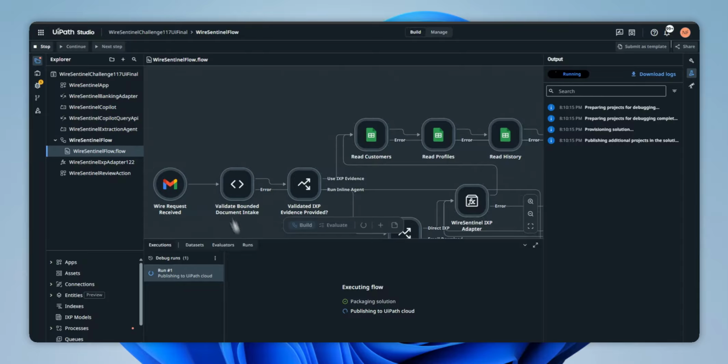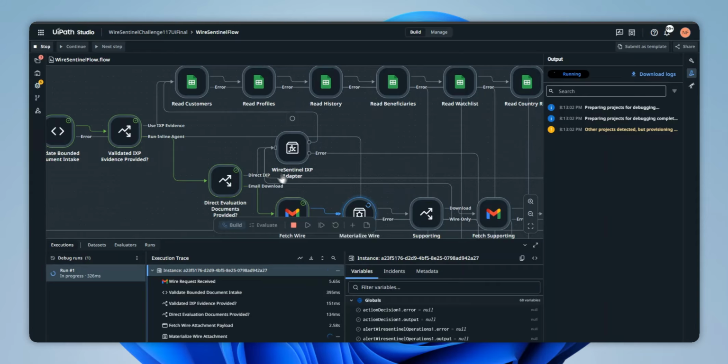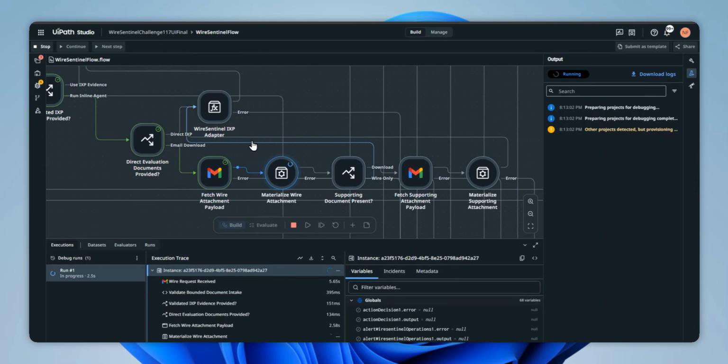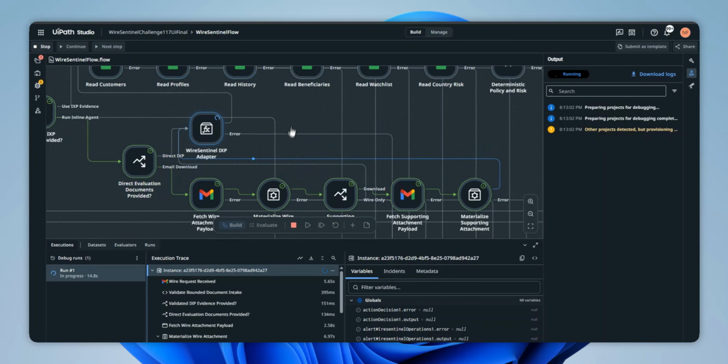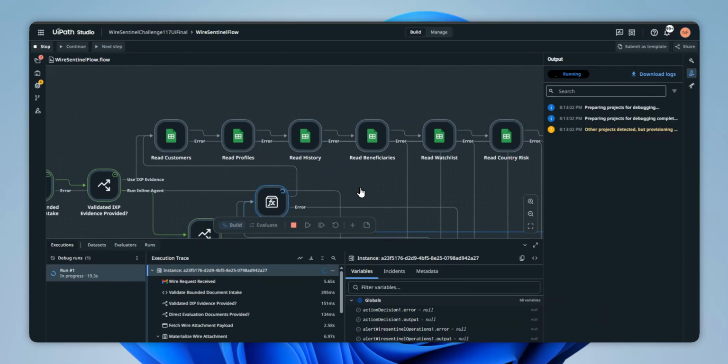As the email gets triggered, it takes the intake of the email and captures the information, and runs through whether the materialized wire attachment is enabled or not. It will also identify the supporting attachment and go to the IXP adapter. And once it extracts the information using the IXP model that has been trained,